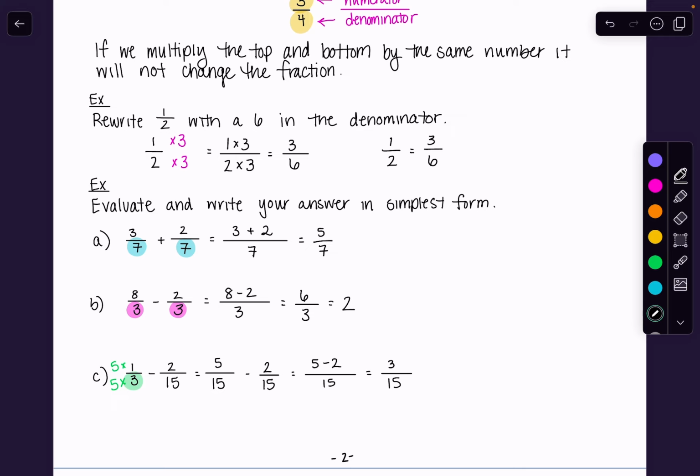Can they both be divided by the same thing? And in this case, yes, they can. The top can be divided by 3, and so can the bottom. So the simplest form of this, 3 divided by 3 is 1, and then 15 divided by 3 is 5. So the simplest form for the result of this